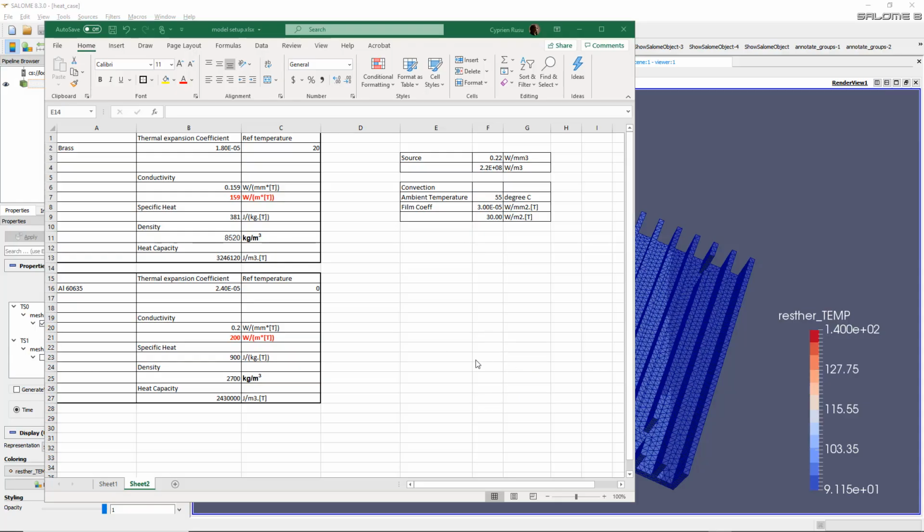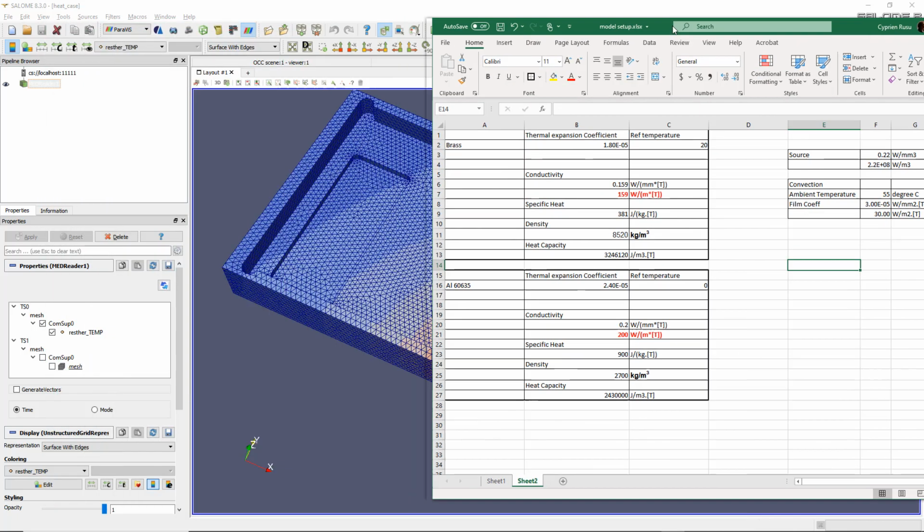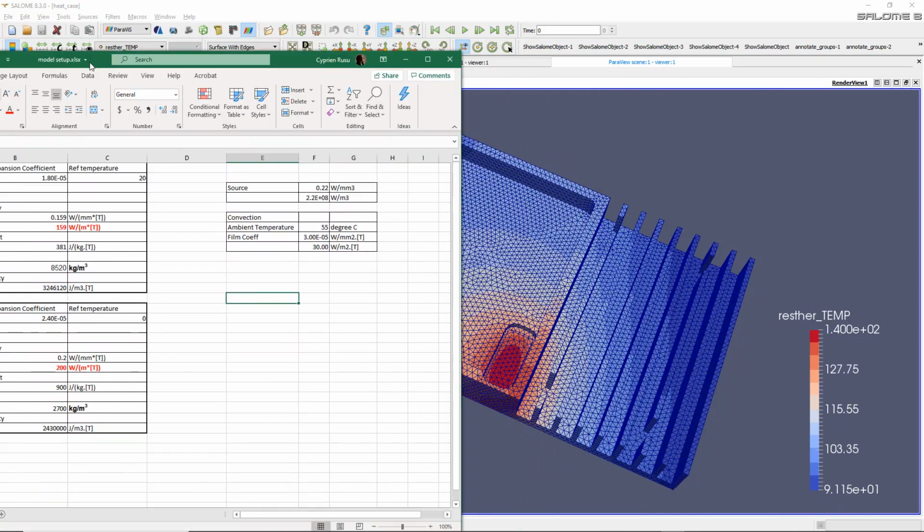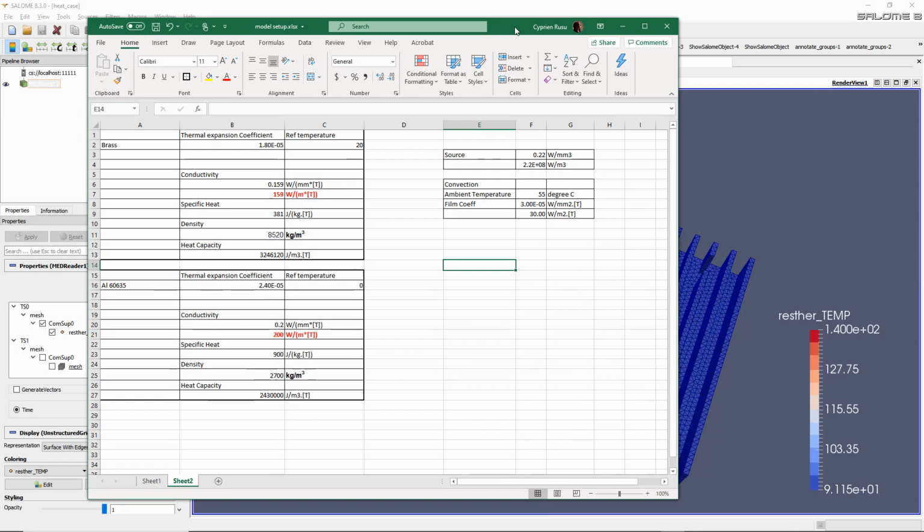So as a good engineer, before starting a simulation, you have to think about the input of your simulation. So what will be the material I will use for that? What will be the loads? And basically what I will do is that this main part here will be in brass, and this one will be in aluminium. So this is the brass material and the different kind of material coefficients that will be useful